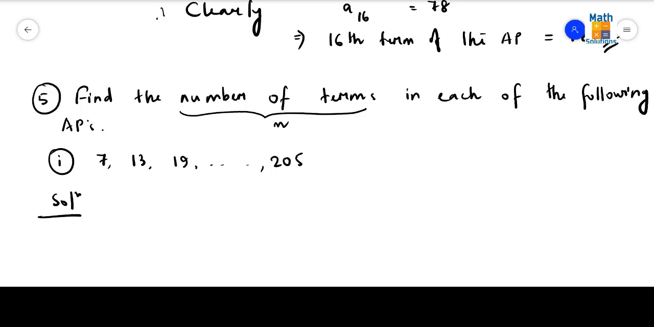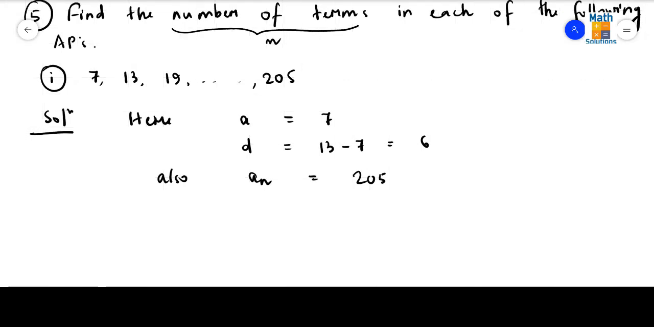Coming to the solution part, what can I write here? Here the first term a is equal to 7, the common difference d is equal to 13 minus 7, I mean the second term minus the first term. The result will come as 6. Then I can also write the nth term an is equal to 205. Just assuming let n be the number of terms. After this, in place of an, following the general formula, I can write a plus (n minus 1) d